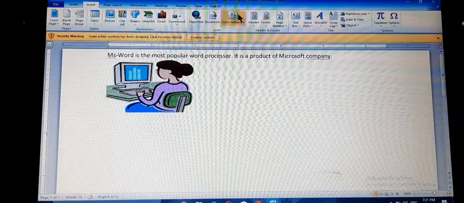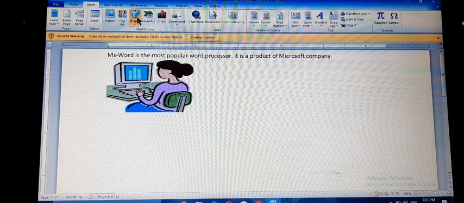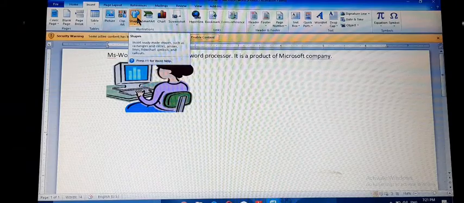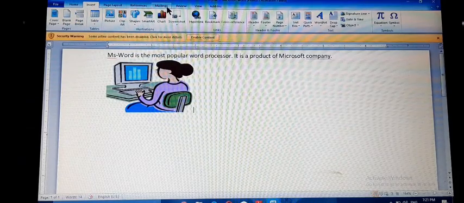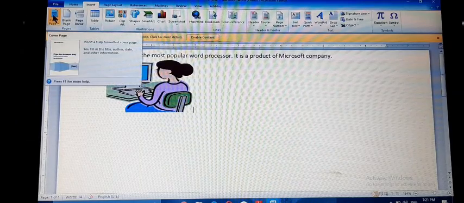The Links group contains these options. The Illustrations group contains these options. These are called tabs.